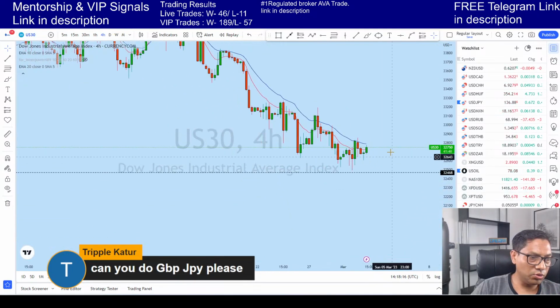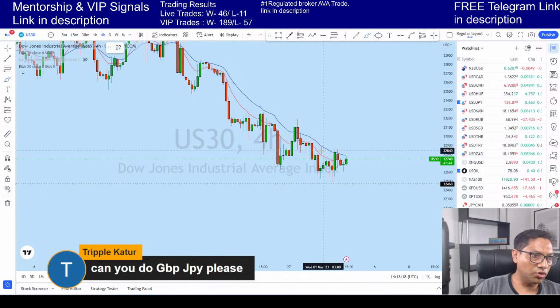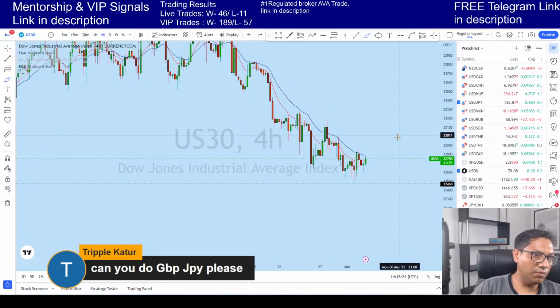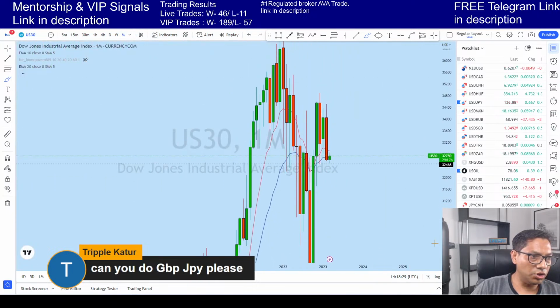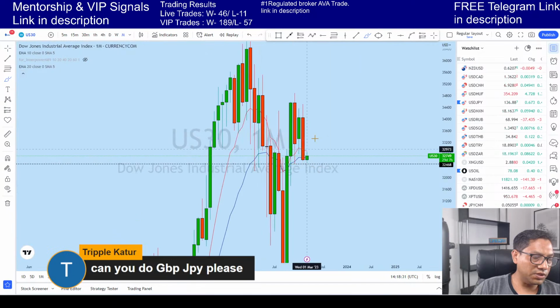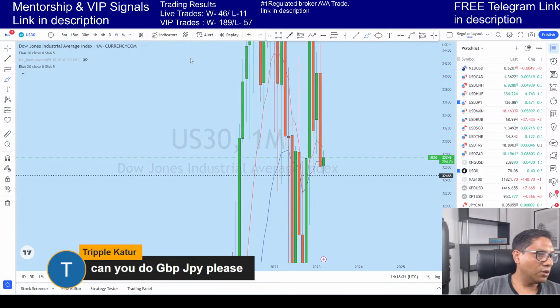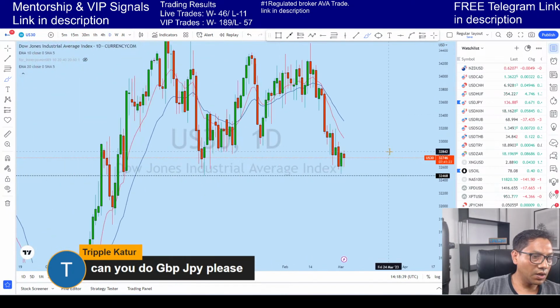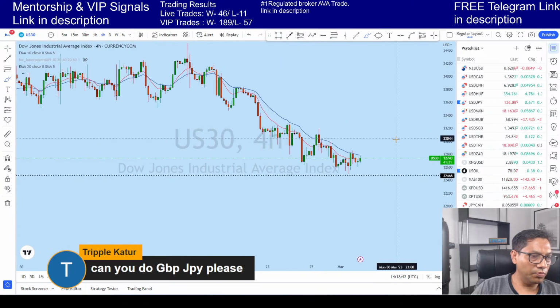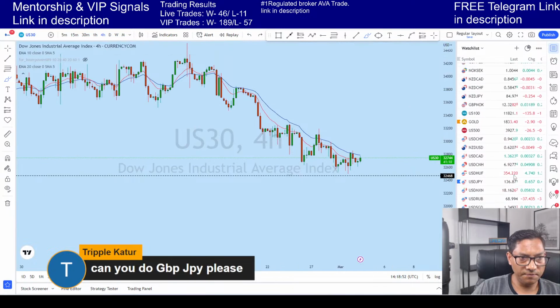Looking at US30, this one also you can see forming kind of a reversal here. So what I think is that US30 might slowly turn locally bullish. If I look at the monthly, we saw that the price has broken the monthly low from the support bouncing. So US30 from the weekly is also forming a doji, and on the daily this market has low volatility now. What I think is that we might see some local breakout to the upside on US30.